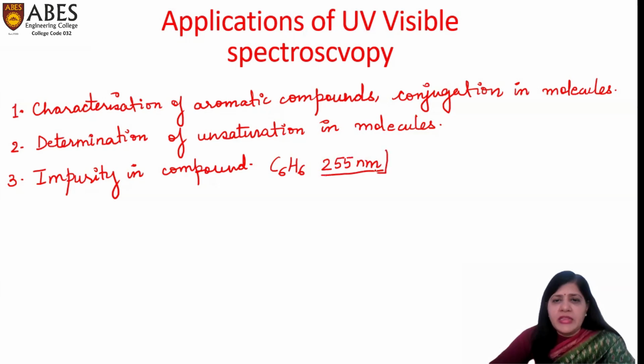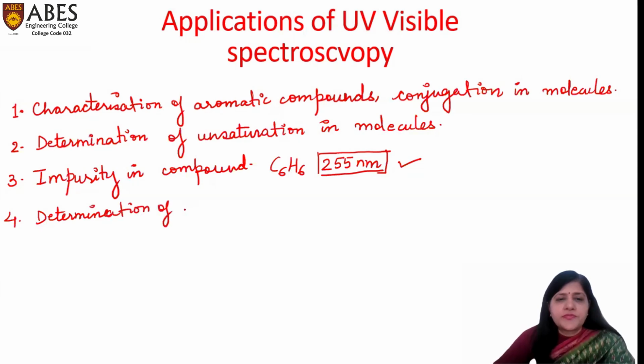Presence of a band in this region or at this wavelength shows the presence of benzene in the cyclohexane sample as impurity. UV visible spectroscopy is used to determine the concentration of unknown compound,